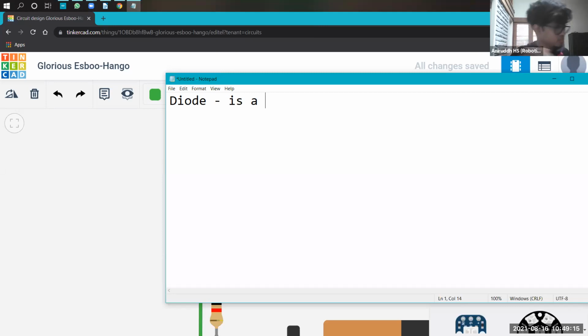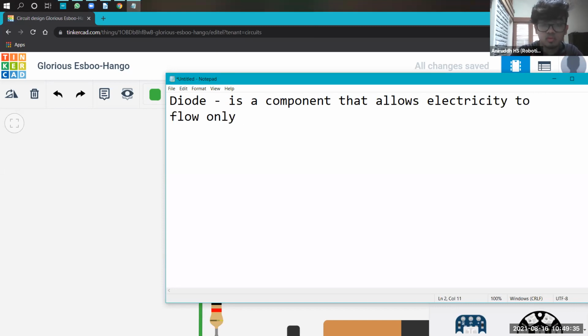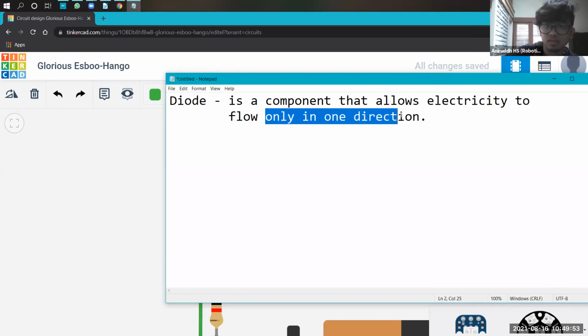Okay, so write this down. Diode is a component that allows electricity to flow only in one direction. So underline only in one direction. It's important.